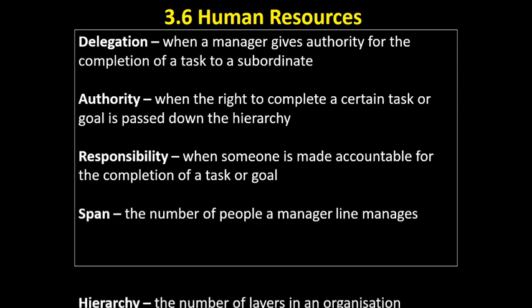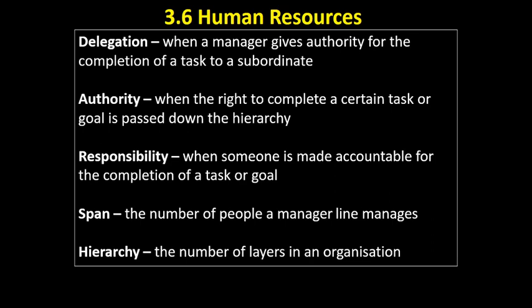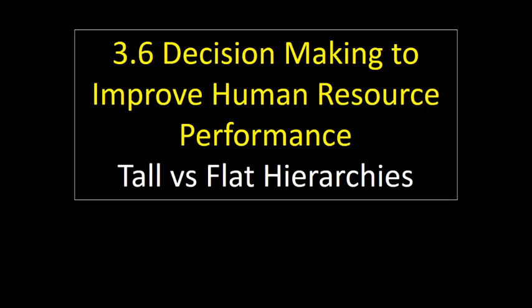We've kind of talked about span of control and hierarchy, but span of control is the number of people a manager is directly responsible for, line managers, and the hierarchy is the number of layers in an organisation. Next video, I'm going to look at